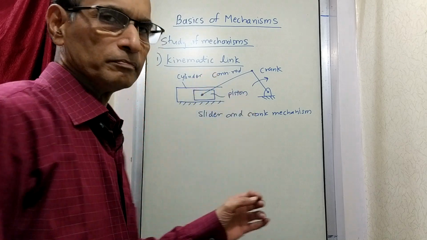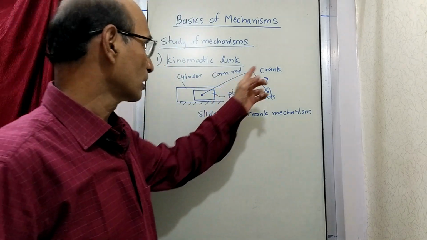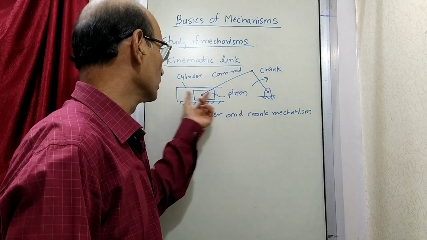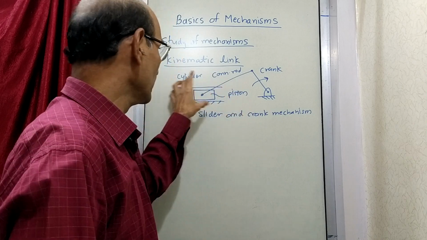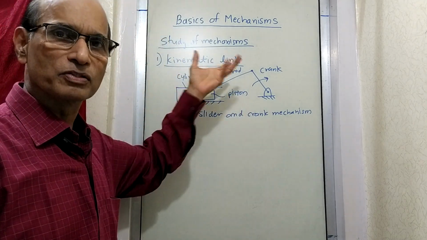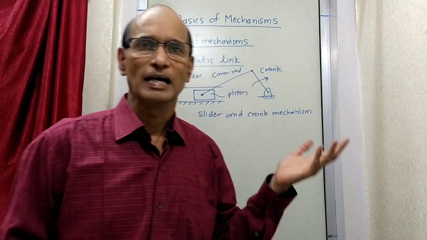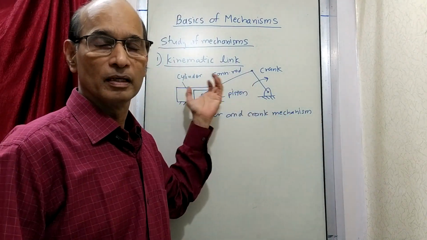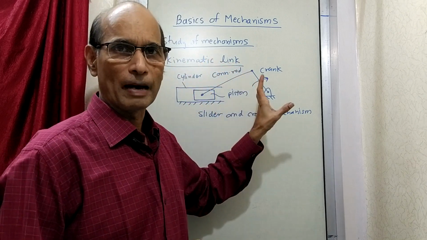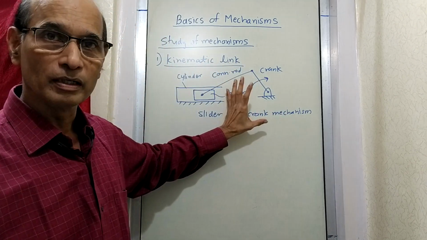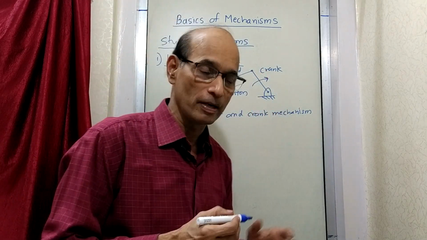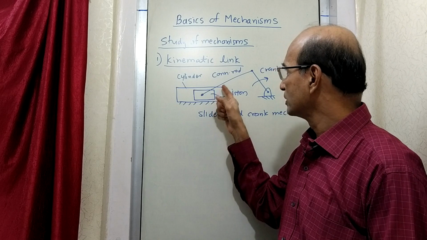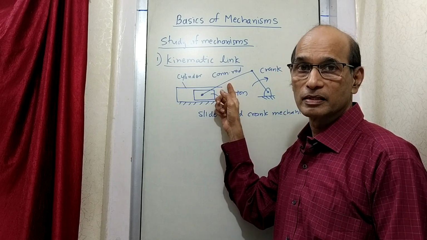So all of you know this. Now here the crank rotates. Because of the rotation of the crank, finally the piston reciprocates like this inside a cylinder, and then the cylinder functions the way you all know. In an IC engine you must have learned that there is suction, then compression, then power, and then exhaust. But what we are now going to learn is the movement of various parts of a mechanism. So what is drawn here is a mechanism, and each of these components is a link.